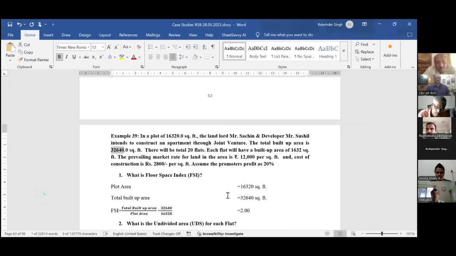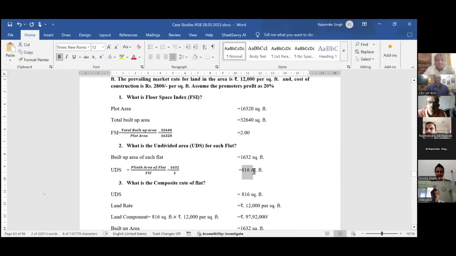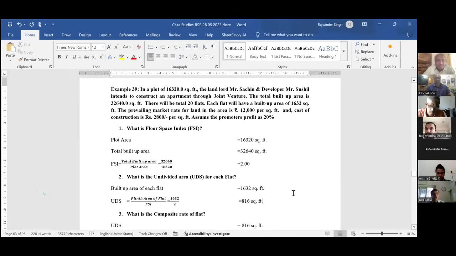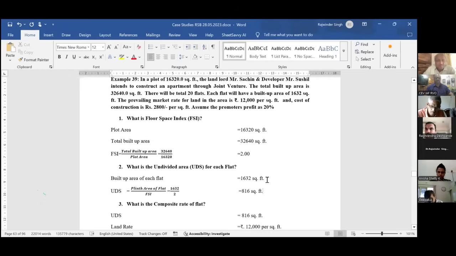Flat built up area divided by FSI. So flat built up area is, and FSI is 2. It means 816 square. What is composite rate of the flat? Composite rate means per square feet rate, or you can calculate the,